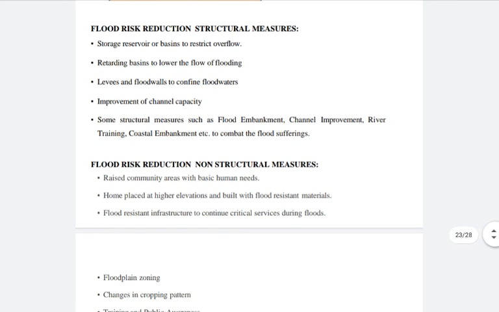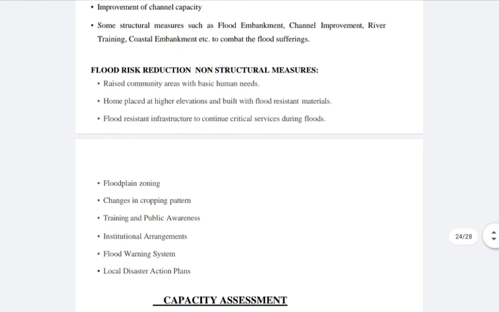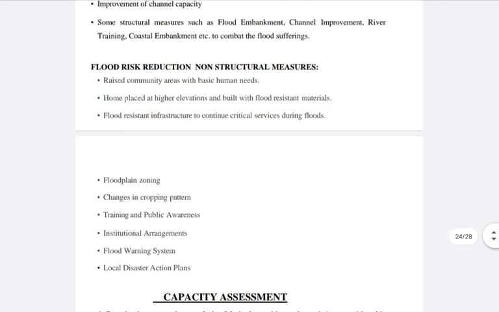Flood risk reduction, the non-structural measures include raised community areas with basic human needs, homes placed at higher elevation and building